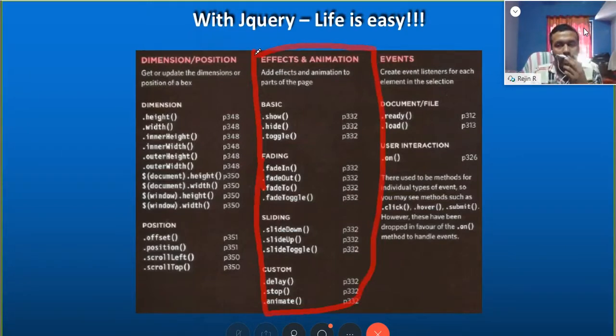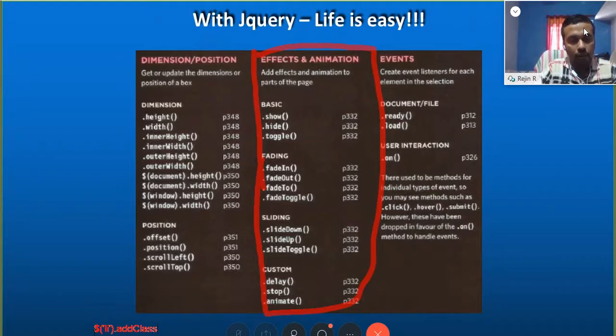So animations, and we can cascade things one after another. That means you can use several animations or several methods one after another. You can type in this manner: I will type here $('li').addClass('highlight').